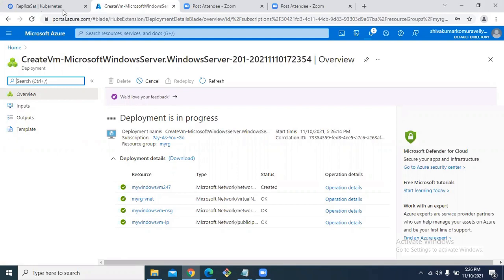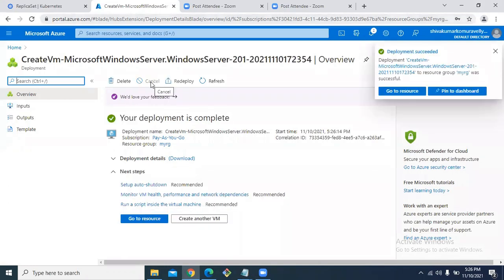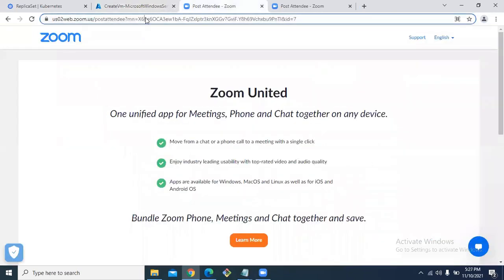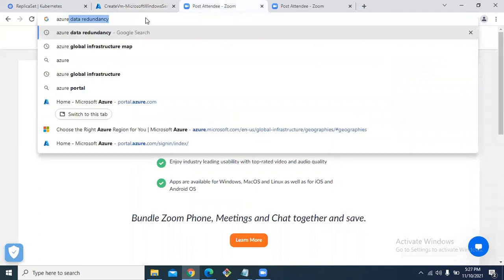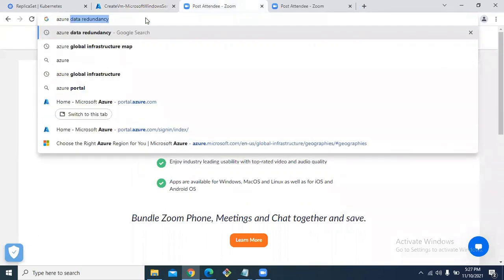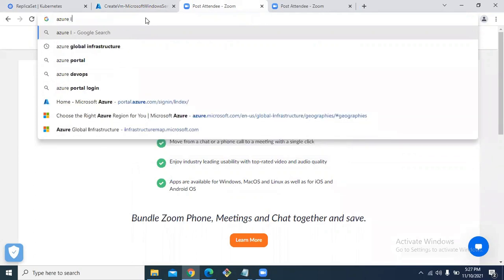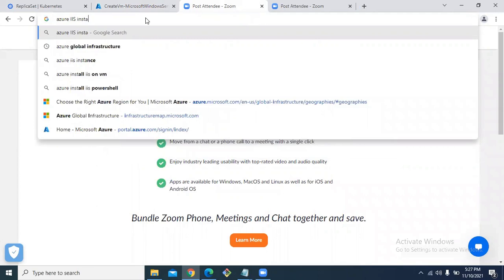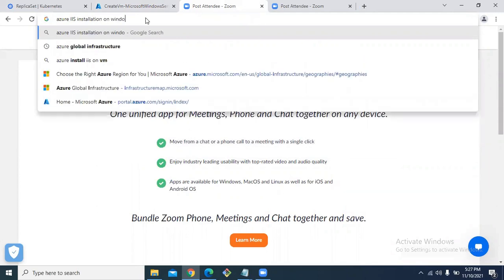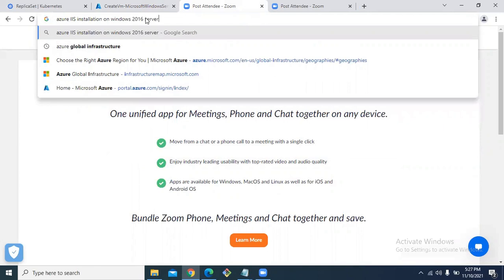Now, once this is created, how can we install softwares? Suppose I want to install IIS server. So then documentation is given to you. Just search like this: Azure Windows, okay, IIS installation on Windows 2016 server.